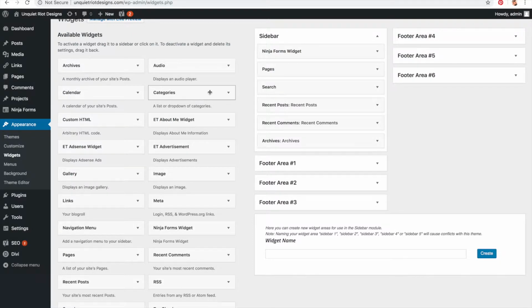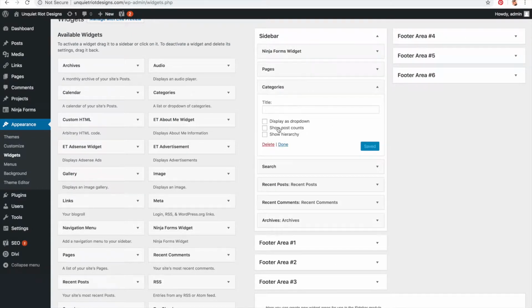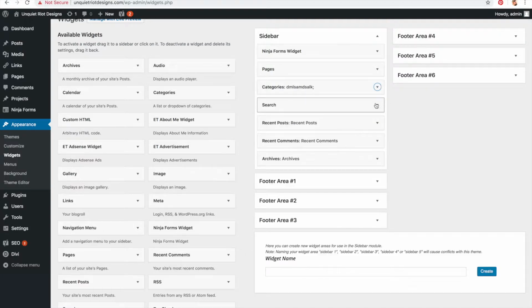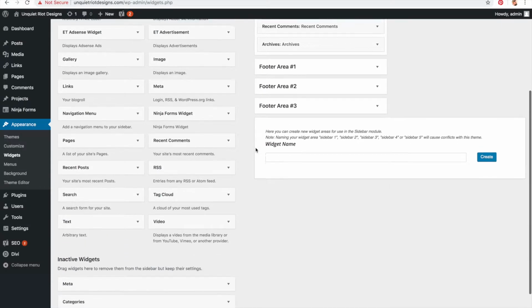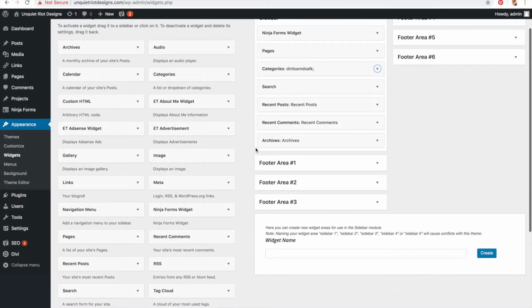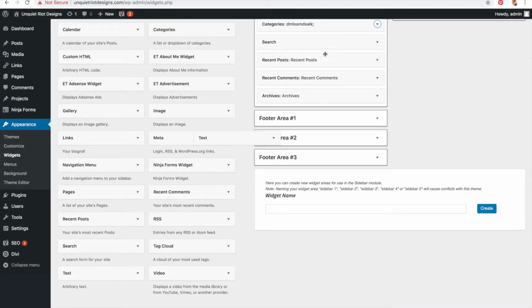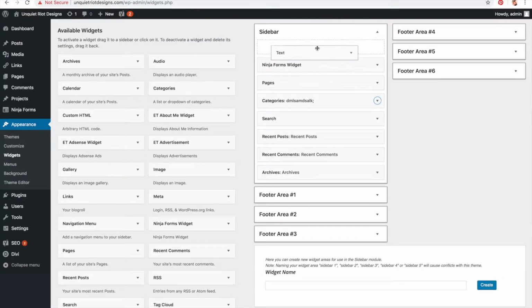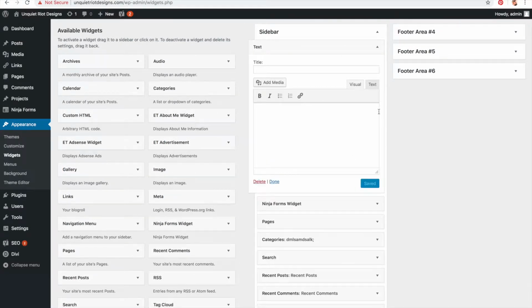You can put in all your categories from your blog. I could give this a title. There we go. You can have your search function. Let's see, let's do one more. Let's pop in a text. So this is an HTML editor, so you can literally just go